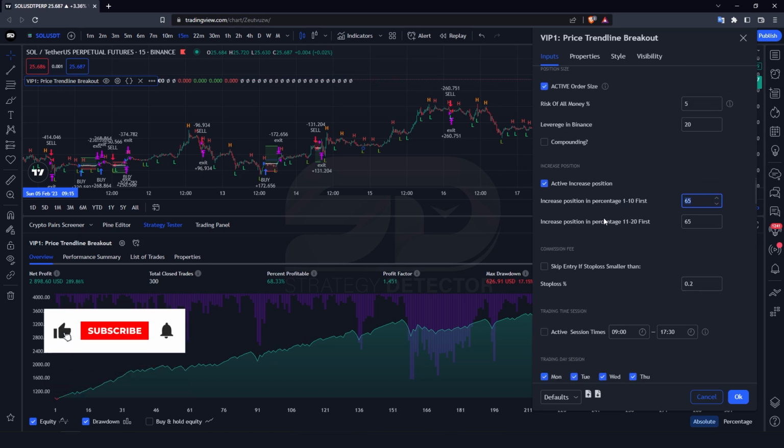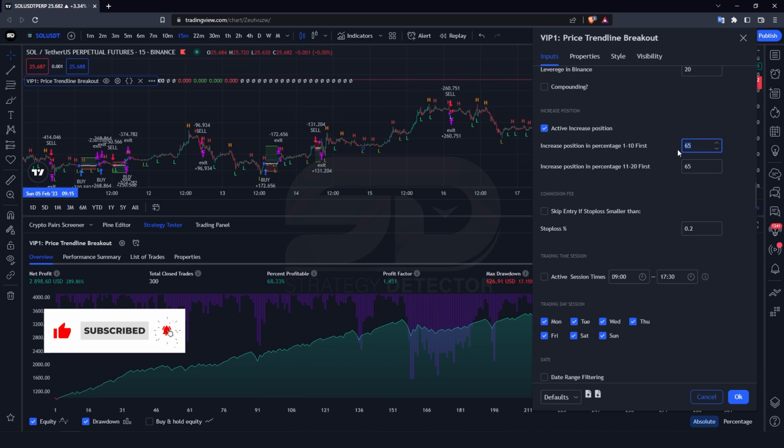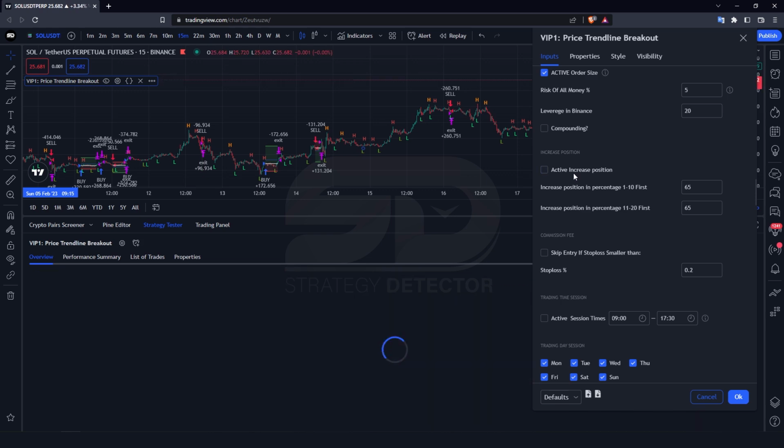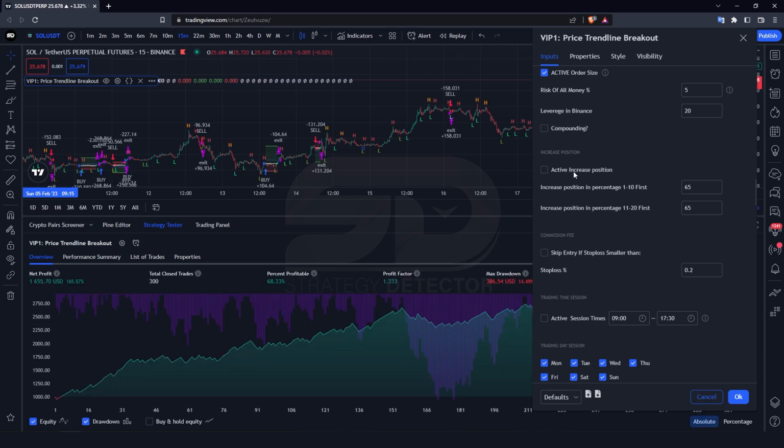I suggest that you use this option and choose this number in a way that it doesn't lead you to long-term losses, because this option is extremely risky, and if you have a lot of stops in a row, this option may run the risk of liquidity for you. People who want to work with a small account size and a small position size, or those who like to risk less money but are looking for big profits, can use this option, but I don't recommend doing that. In this option, every stop we take adds 65% or any other amount you choose to the entry investment